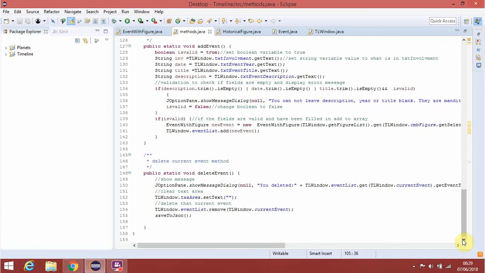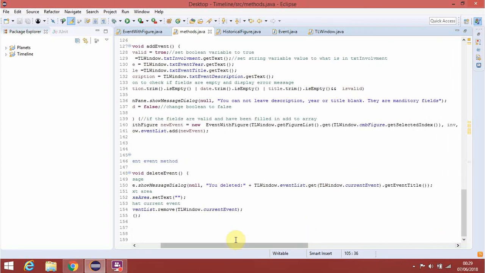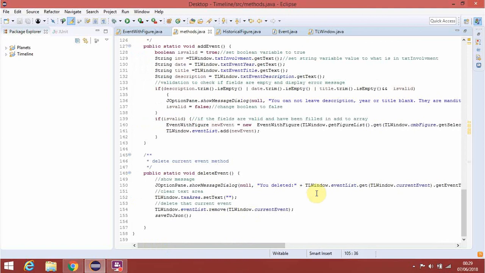The next method here is the delete current event method, which will delete the current event that is currently being displayed on the timeline. So once the button's clicked, a message will pop up saying you've deleted this event, whatever the event is called. So it would be the title of the event. So you'd say, oh, you've deleted this event, and then